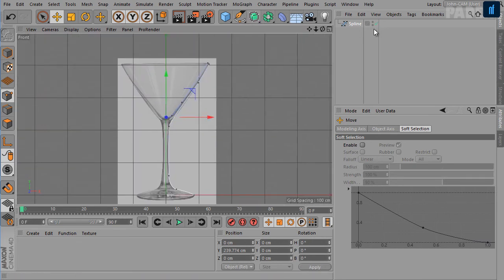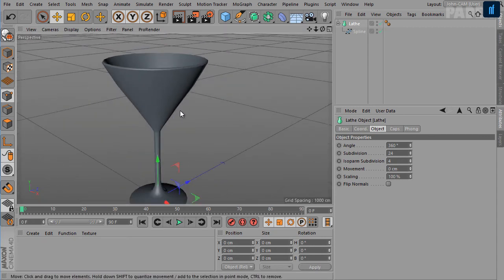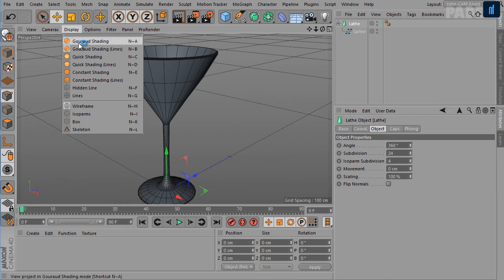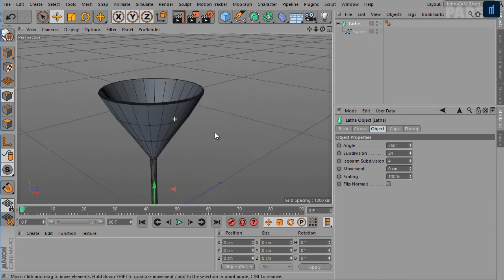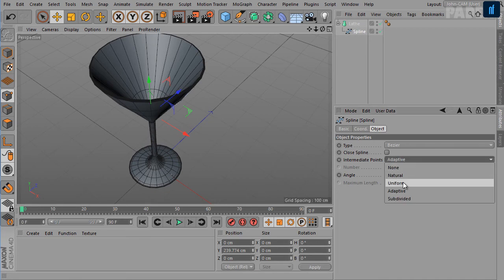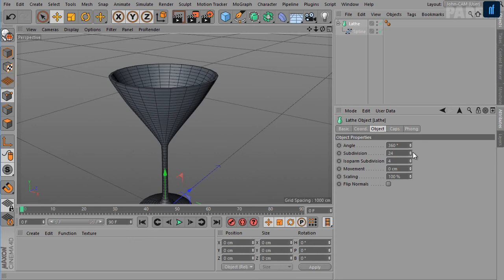Okay, now connect the spline with the lathe object. Press N B to enable Gouraud shading lines mode. Now change intermediate points to uniform, and to smooth out the curvature, just increase the subdivisions.